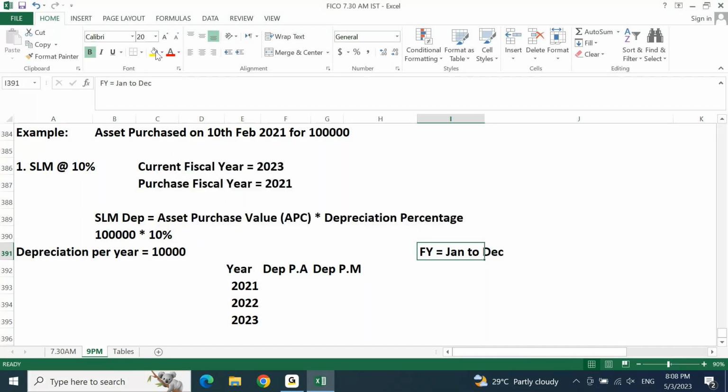We are going ahead with the assumption that the fiscal year is January to December. According to a January to December fiscal year, if you consider the asset purchase date, which is 10th February, did we use the asset for the complete year in 2021 or have we partially used it? Partially. In 2021, we have partially used this asset because we did not purchase on the fiscal year start date, which is January 1st. So depreciation per annum,